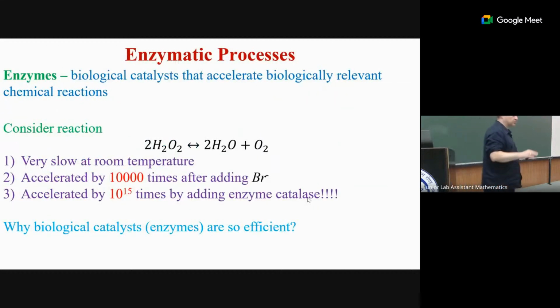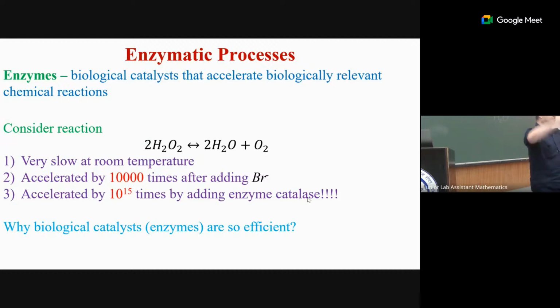Good. So let us go to enzyme processes. Remember, enzymes are biological catalysts. Let's consider this reaction that we mentioned this morning, hydrogen peroxide. If you buy it in the pharmacy and put a little bit out, you can see there is a fluid and little bubbles come slowly. The reaction is relatively slow at room temperature, but you can accelerate it. When I was a chemist in Moscow, we had this experiment: you take hydrogen peroxide and then you drop in just one drop of potassium bromide.